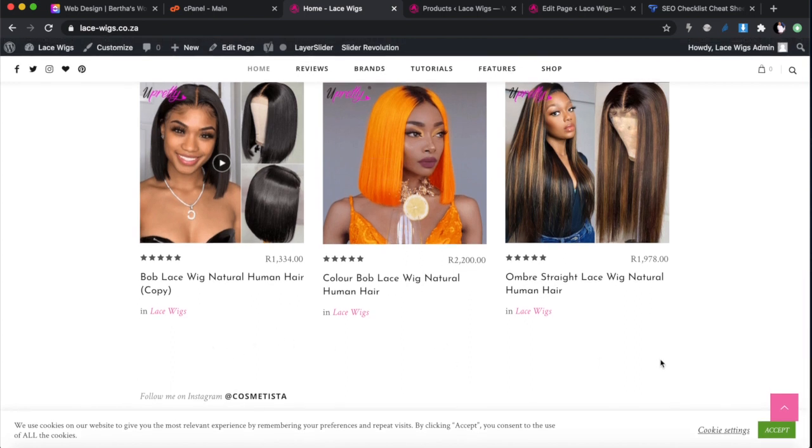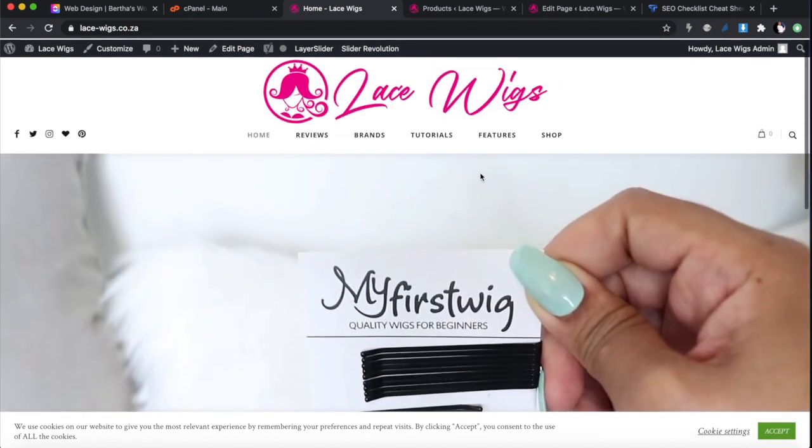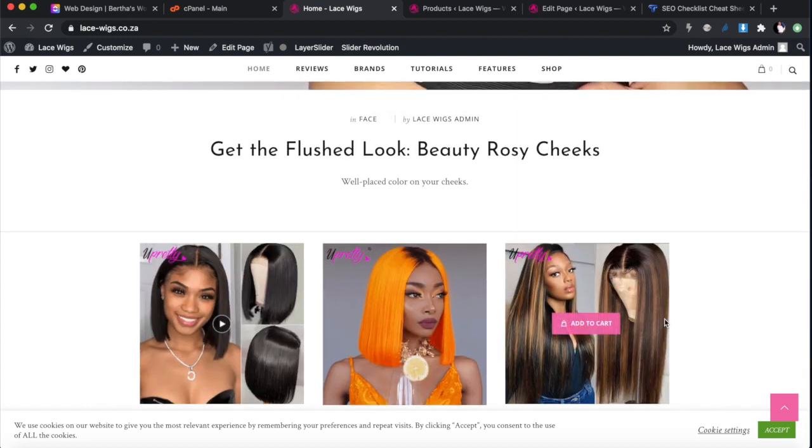And later on when you do blogs, you can show the blogs here as well. But for now, I'm just going to leave it like this, 3 wigs and the video, and you can add more later. Because we don't have the time, we will leave it there. And this cookie settings accept thing also comes with the compliance and privacy policy thing. It comes with the theme already pre-installed, so this is really nice, and you're compliant if you want to sell in European countries, where users have to accept cookies as they go into your website.